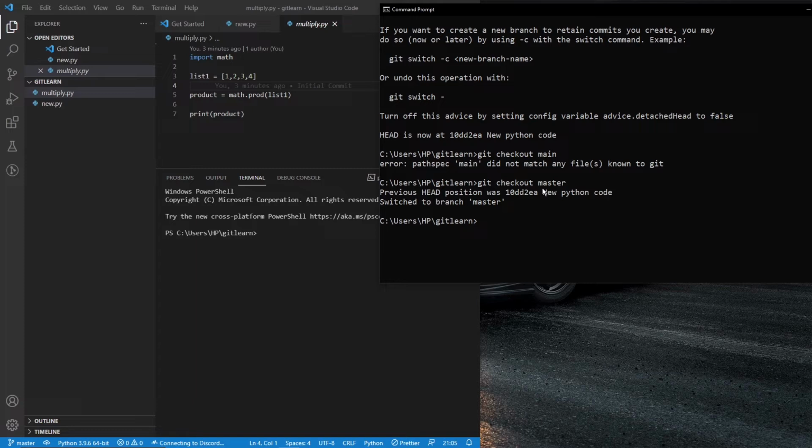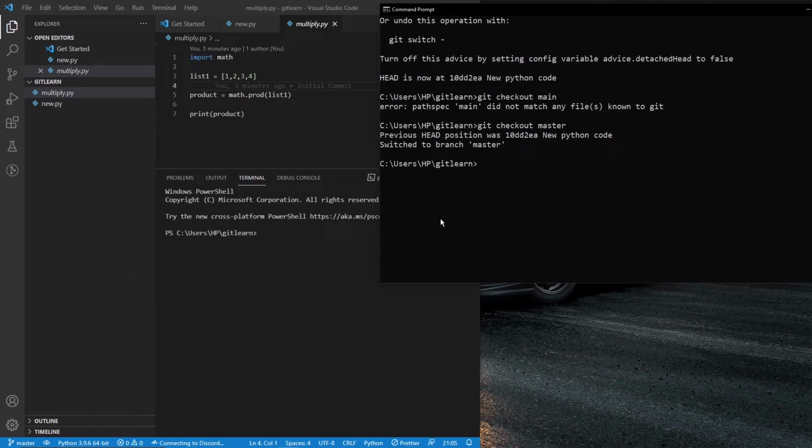Instead of making a number of commits and keeping on switching through them using the checkout function, we're going to be creating a separate environment where you can properly work on this feature. To work on a specific feature, we can create a new branch using the git branch command, which will create a separate environment where you can work on your feature. After your feature is ready and good to go, it's stable, everyone has checked it, everyone has approved it, using the git merge command, you can merge the changes back into the main branch.